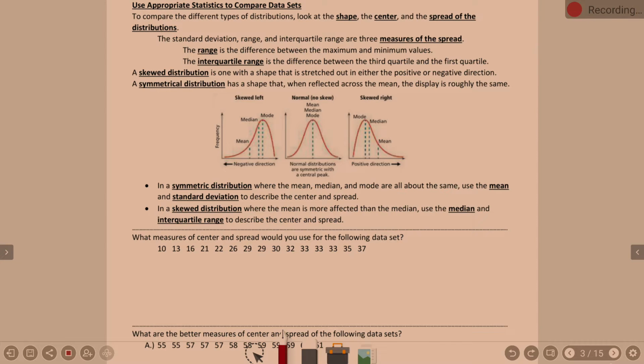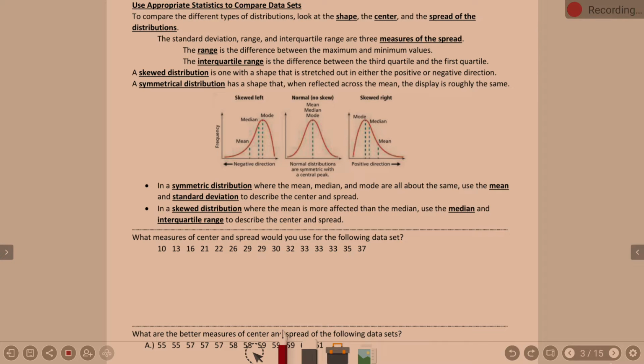Does the shape of the data have more of a symmetric shape? When I'm talking shape of the data, it's kind of like the bell curve, if you're familiar with the bell curve, where as you go out on the ends, there's less and less, but most of the data is in the middle. So is it a symmetric curve like that, or is it a skewed curve, where it's a lopsided bell curve, so to speak? To compare the different types of distributions, we're going to look at the shape, the center, and the spread